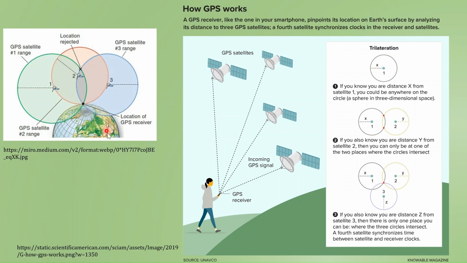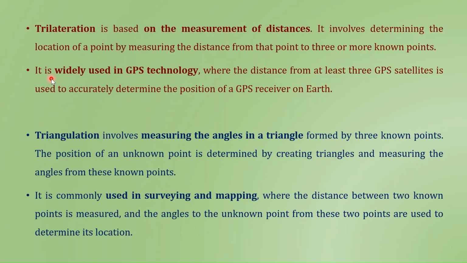Now when we have the information from the third satellite, we have two intersection points, but because here we have the intersection of all three circles, this point is rejected and this is the location of the GPS receiver. And when we have the fourth satellite, the time errors and the altitude determination can be done. So in the GPS system, the trilateration method is used and it is different from the